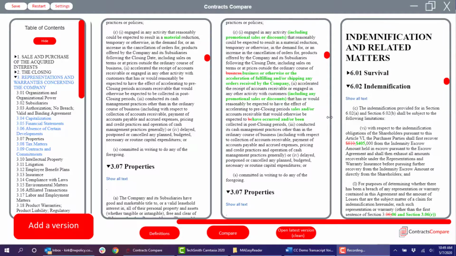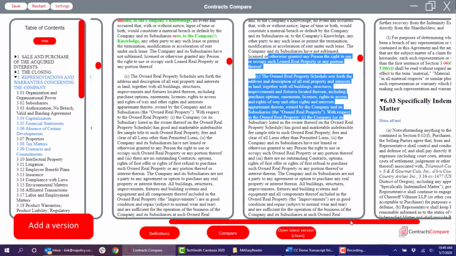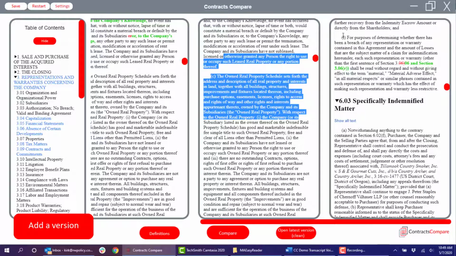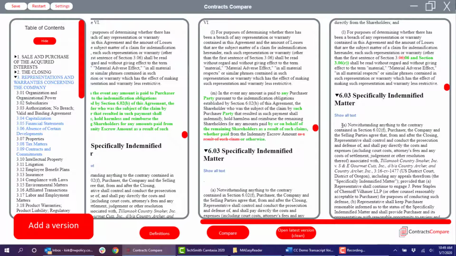The entire program was created with ease of use in mind. Every feature is designed to be as intuitive as possible, ready to use with limited training so you can get